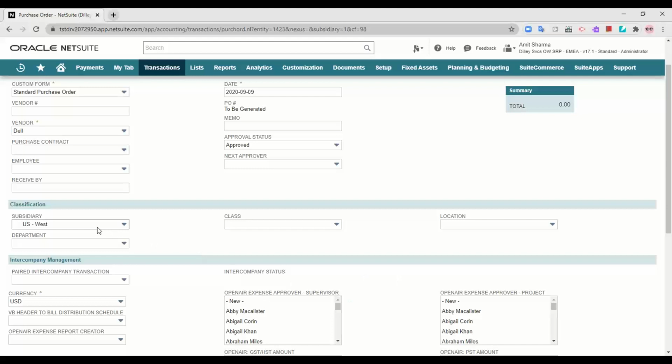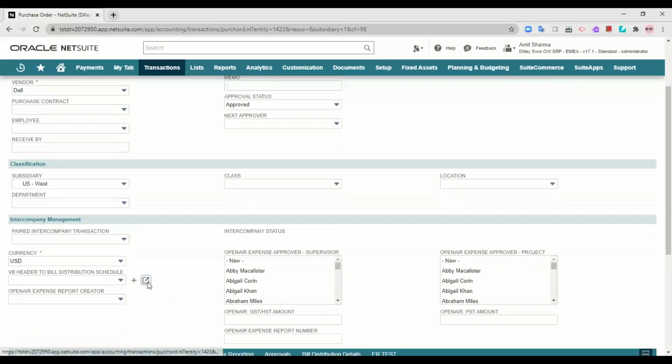two of the subsidiaries, let's say there are two subsidiaries, take any of these subsidiaries, there is Australia and there is US West. So let's assume that US West and Australia had a transaction with each other. In that manner, this particular tab, that is intercompany management, will be used because there is no third party involved. There is an intercompany transaction between two of the subsidiaries of your organization. So this particular tab will be used.